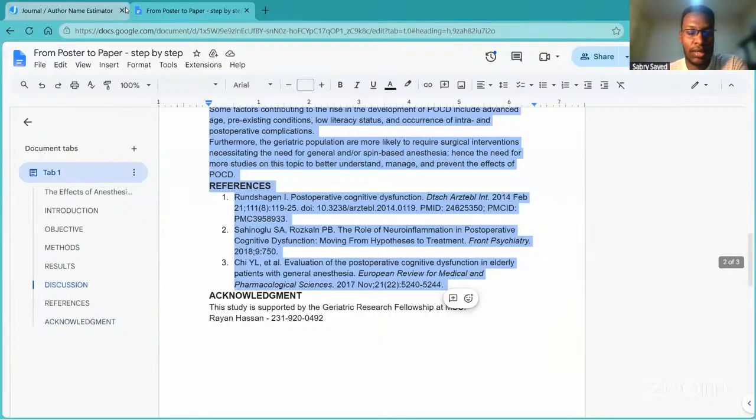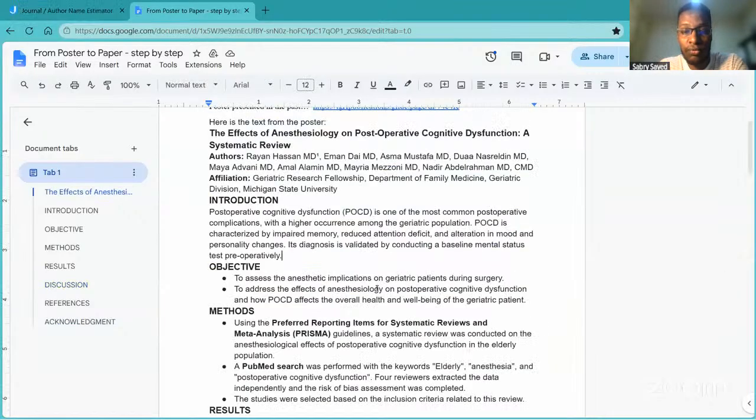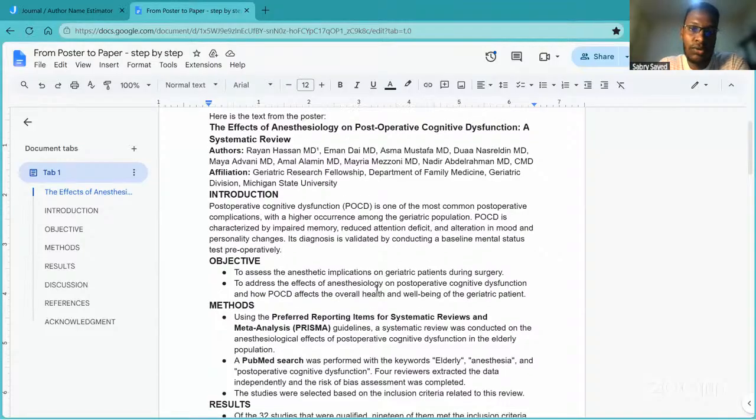If you are interested and you are, for example, applying for any residencies in the next cycle, whether in the US or abroad, you can use this opportunity to write the full manuscript for the poster shared by Dr. Nadia. You can contact her directly, and you may be able to publish the full manuscript. Okay. Thank you.